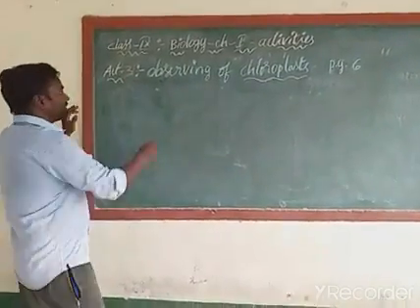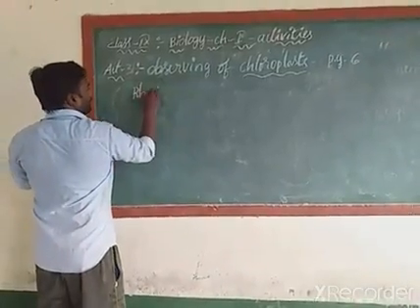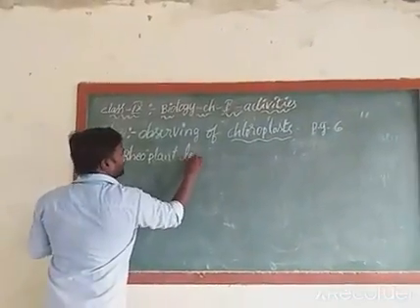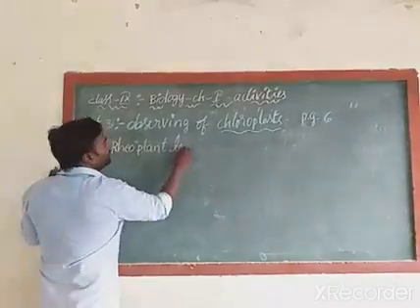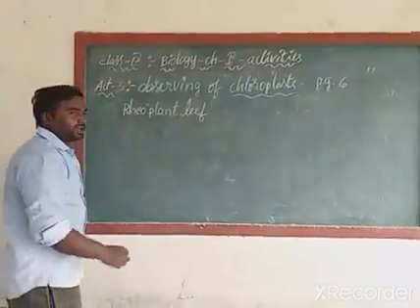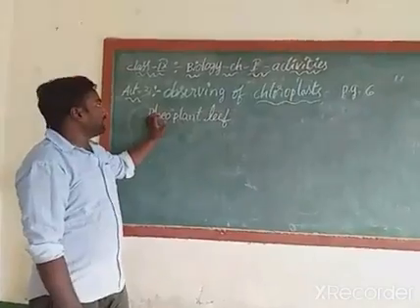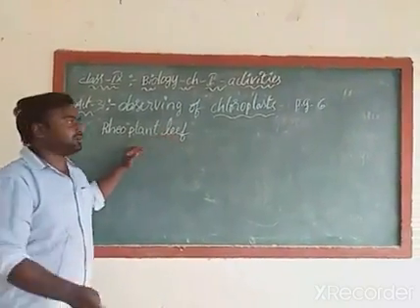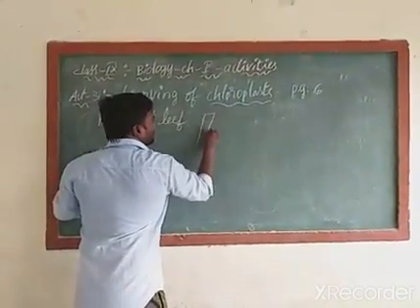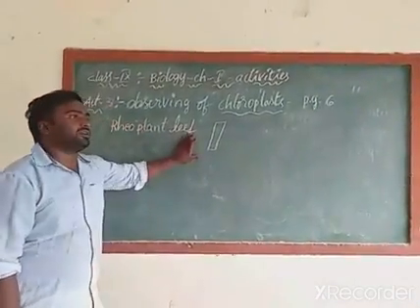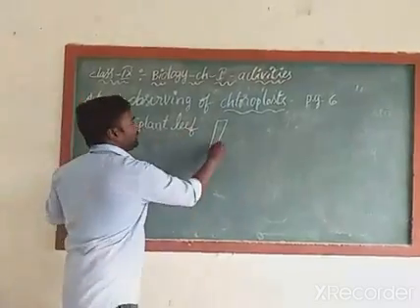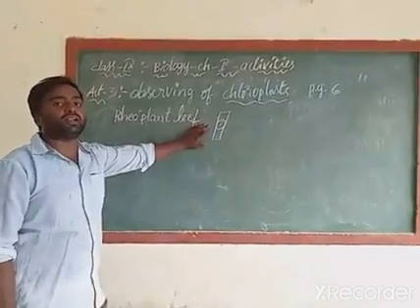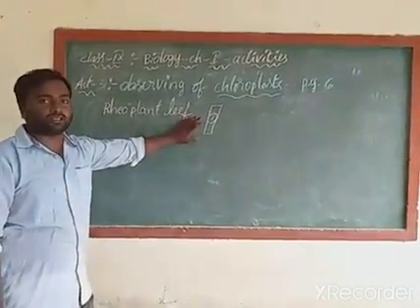For this activity also we need to take one Rheo plant leaf. Rheo is one of the plants which can be seen in tropical areas. Next, cut it into small pieces. Next, keep it on the surface of a glass plate, or we can call it a glass slide. Before covering it with the cover slip, we add 1 or 2 drops of glycerin to it. Next, cover it with the cover slip.